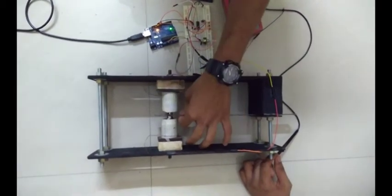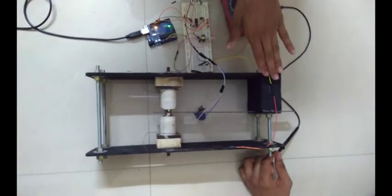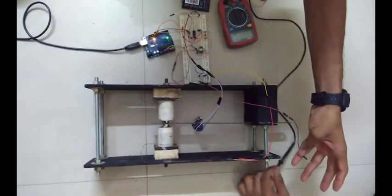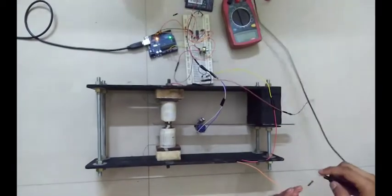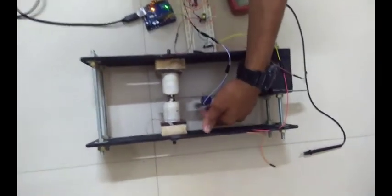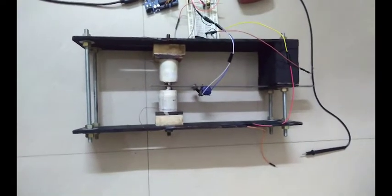So the magnets move in and out of the coil, and due to electromagnetic induction, you can see these two coils have been put in series, and the outputs can be found at these two points. So yeah, these two are the points where you can find the output of the coils. The output will be a few millivolts because of the exciter that we have used, and the imbalance, this is an imbalance for the excitation, and the motor is quite small,